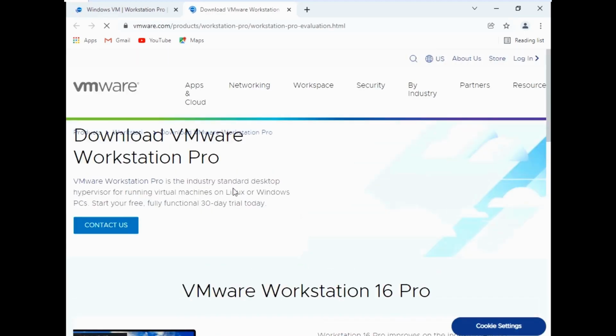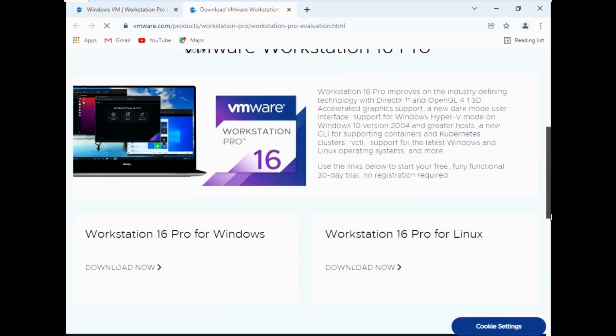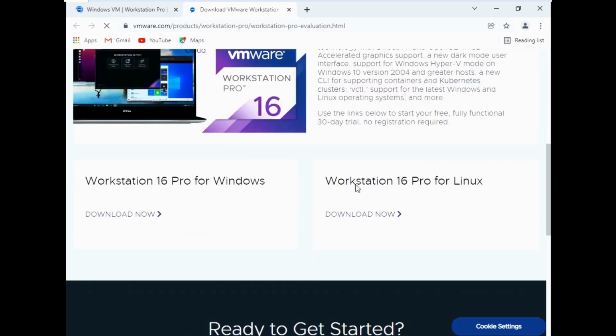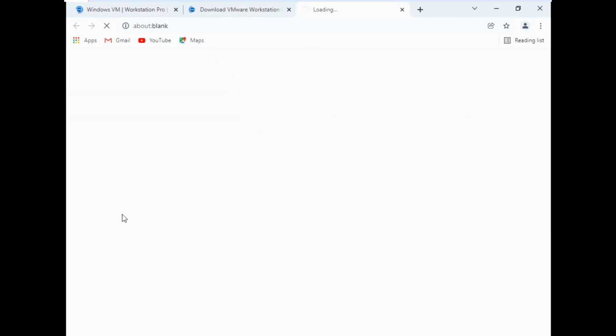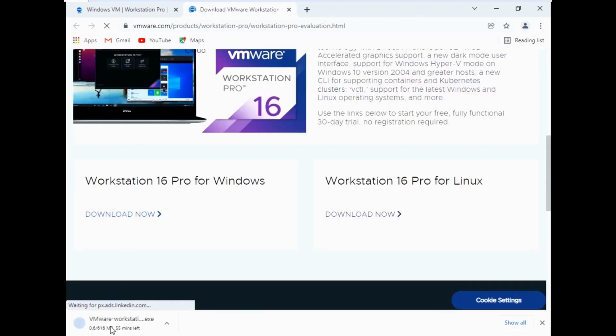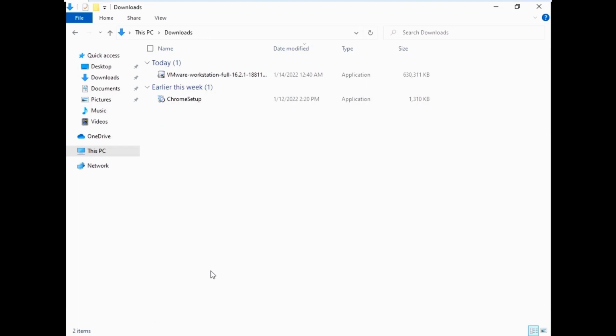So just scroll and you can see the two options, Windows and Linux. Just click on download now for Windows, and it will start downloading the setup file on your PC. It will take some time, so you have to be patient. After downloading, it will be saved in your download folder. So let's see, you can see here the